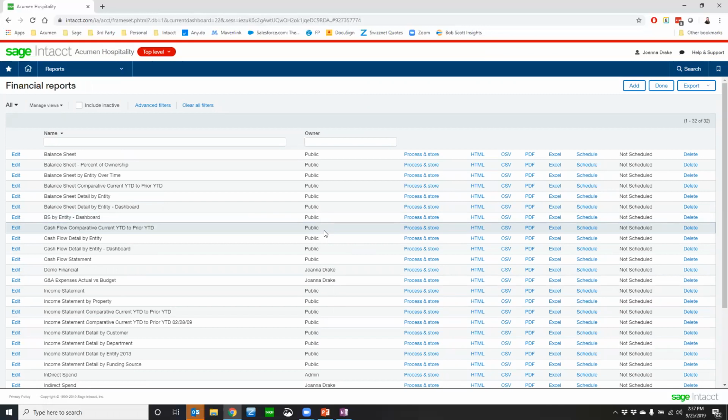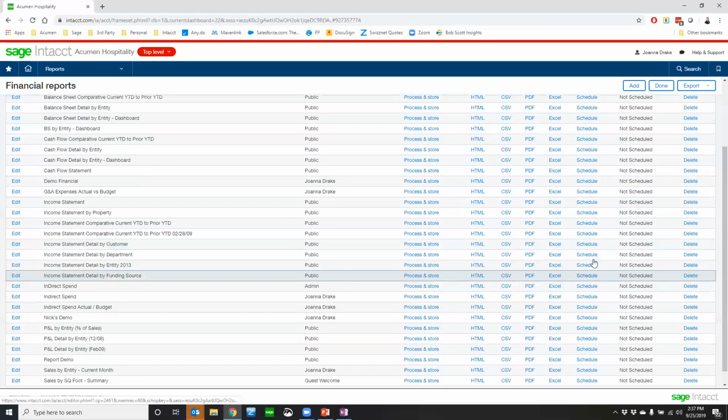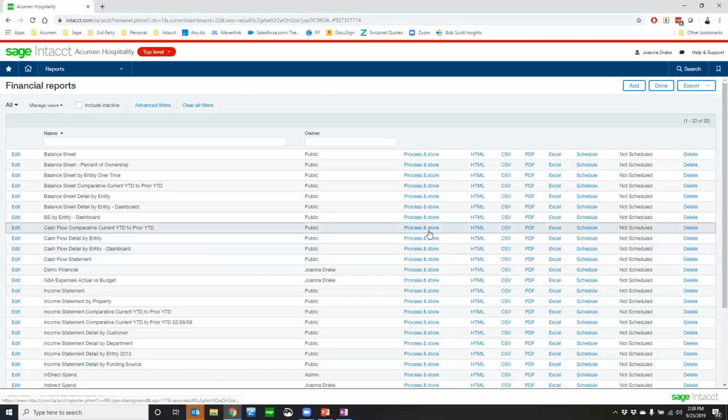I can also take reports and copy them. I can copy a report and just make a tweak and change it. I can automatically set them to be HTML pages that have links that I can drill down on. I can automatically set it up for a PDF export or an Excel export, and then schedule them to run when I'd like. There's all kinds of different sample reports that come out of the system that you can use as starting points. And then also we can help you build those, as we're going through and doing implementations